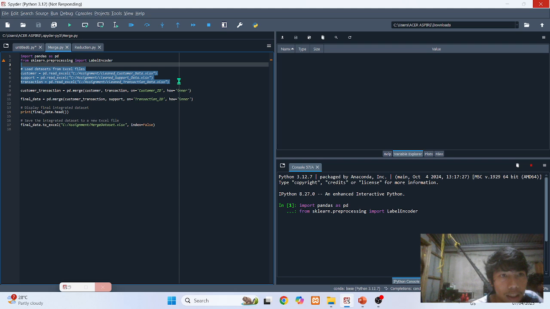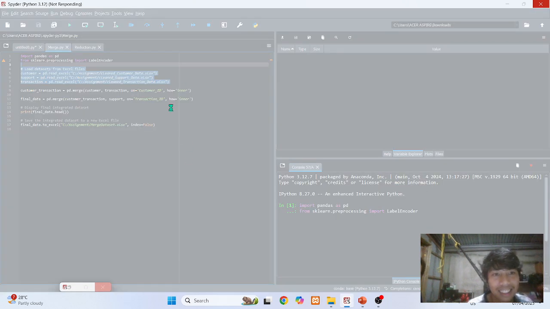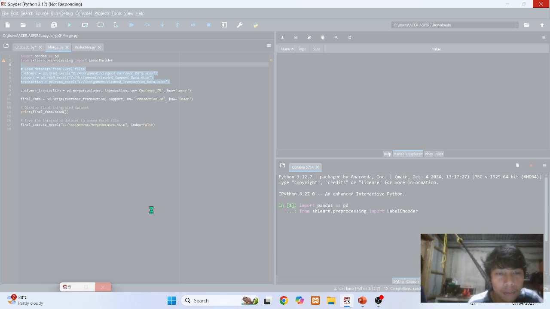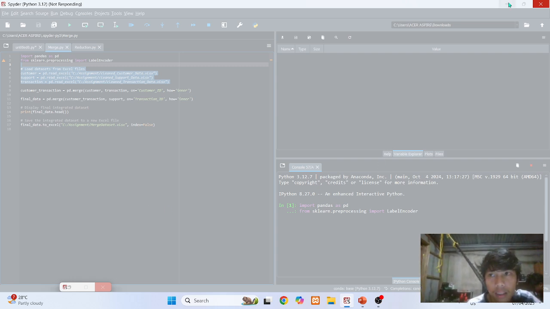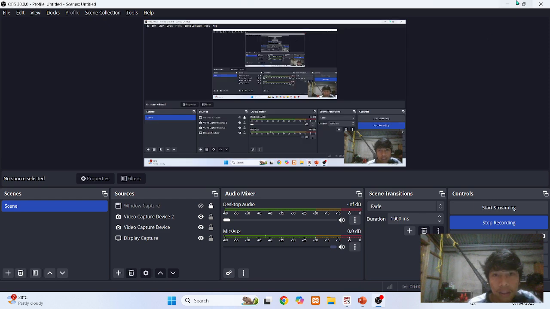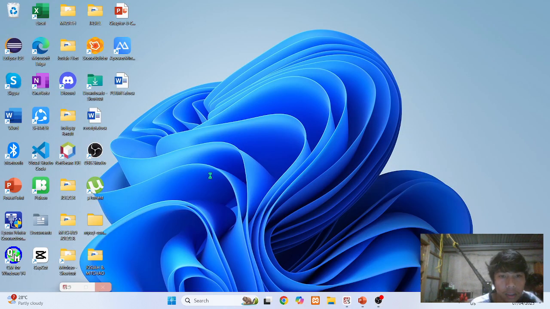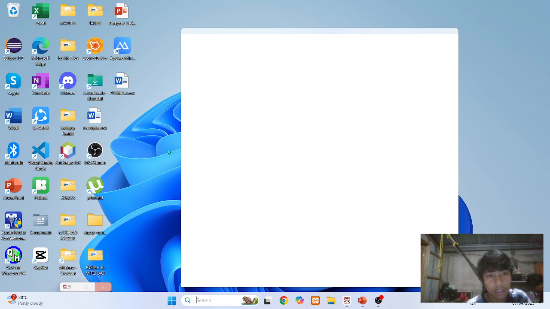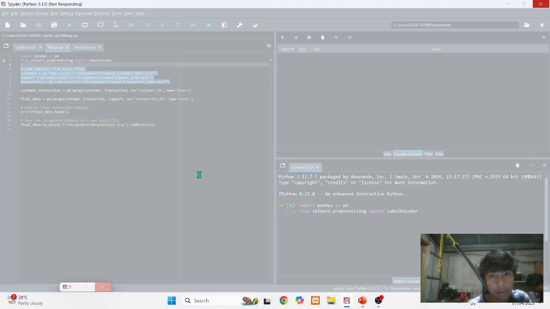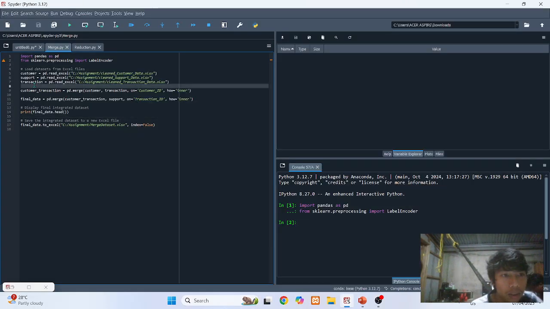And Spyder is not responding. So it now becomes stable. First we need to load the datasets.